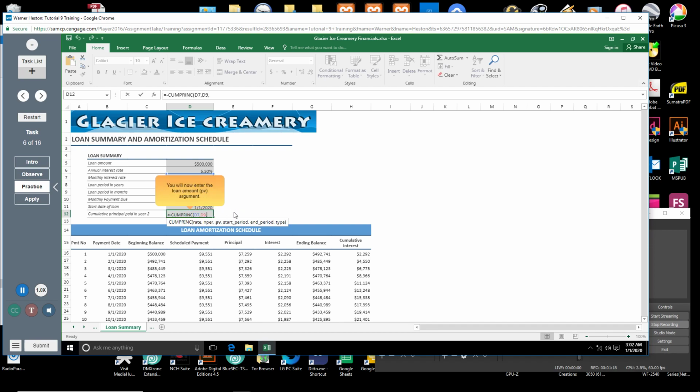You will now enter the loan amount, PV, argument. Click cell D5. You will finish the formula by typing entries for the start period, end period, and type arguments. Type, 13,